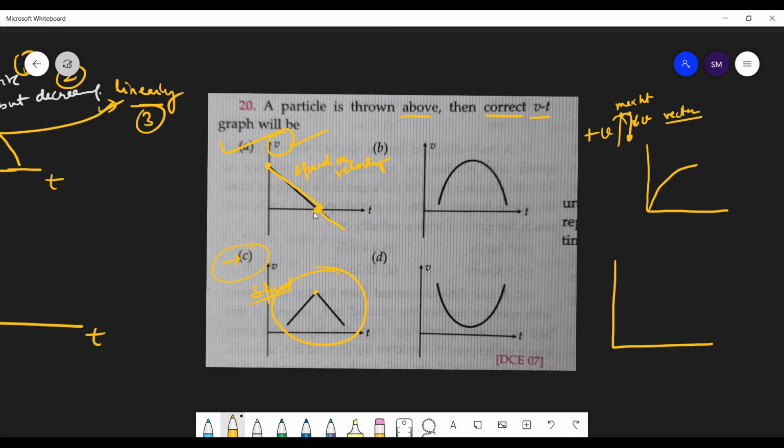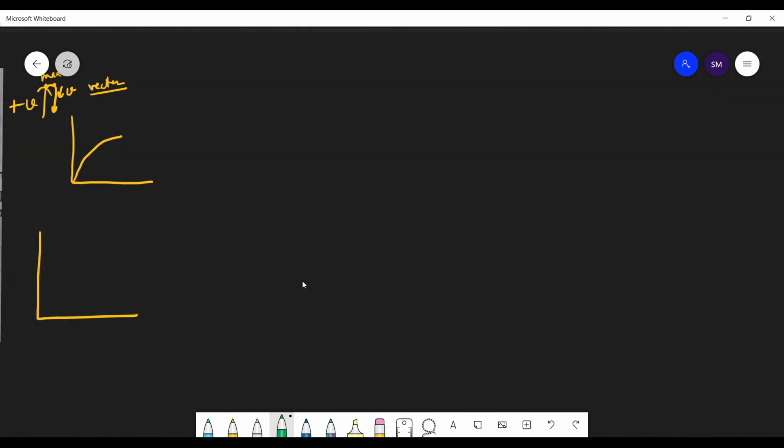Have you understood this, everyone? Yes, sir, it is clear to me. So whether it is speed or velocity, this part of the graph will be the same. But if it is a speed-time graph, then this will go up. And if it is velocity, then the velocity will be negative. We have practiced this same thing n number of times, again and again. So I hope that now you people will be telling the correct answers. Let us do one of the last questions.